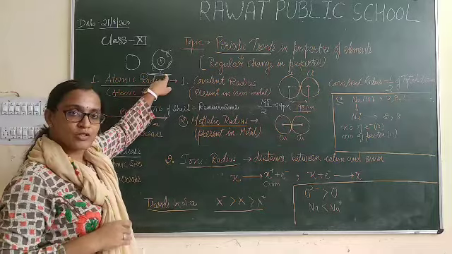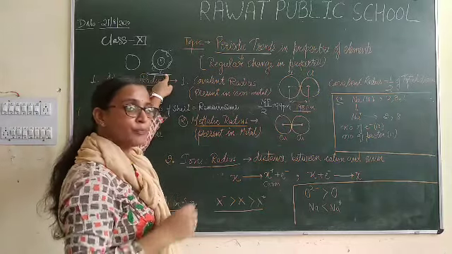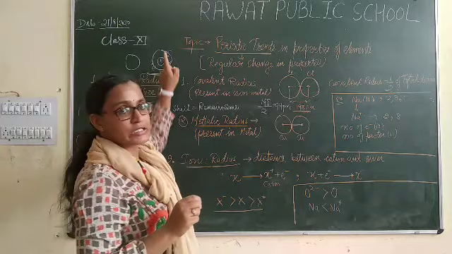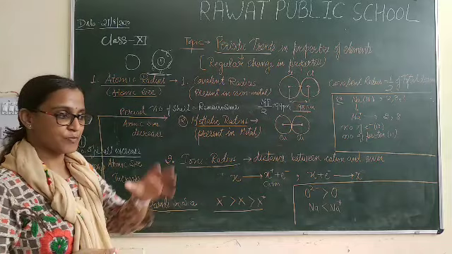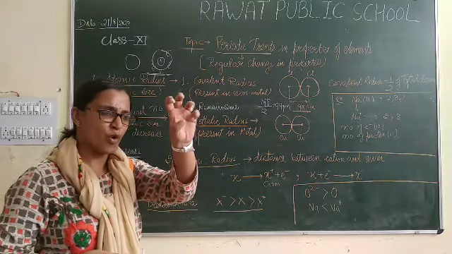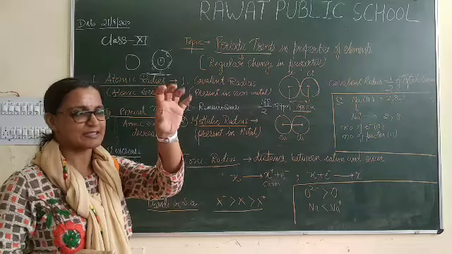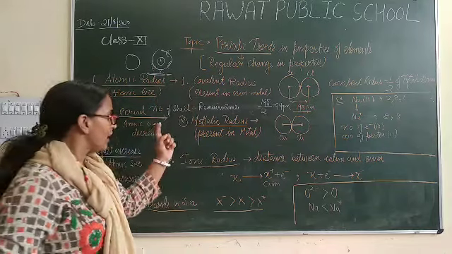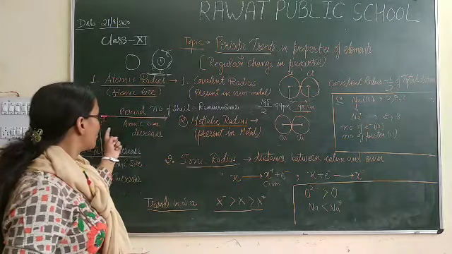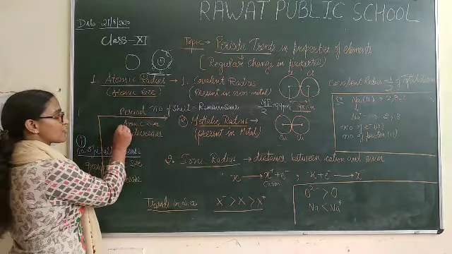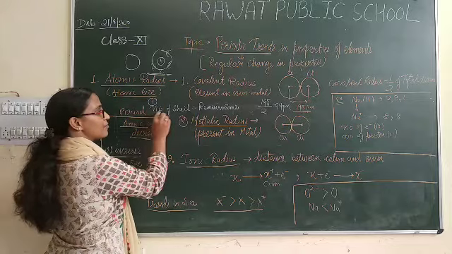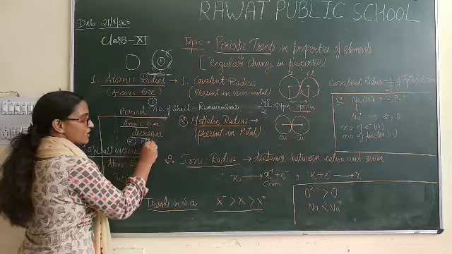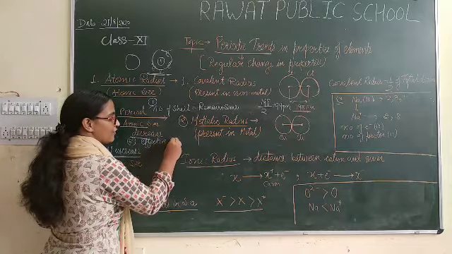If the number of electrons continuously increases, what happens? The attraction force between the electrons and protons also increases. It means the protons now attract the electrons more strongly, so some shrinkage of the sphere occurs. So in this case, when we move across the periods, the atomic size decreases because, first, the number of shells remains the same, and second, the effective nuclear charge increases.